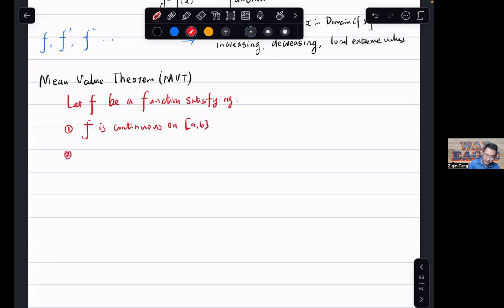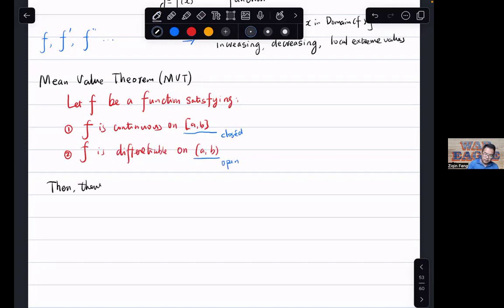The second condition here is f is differentiable on the open interval (a, b). So this one is closed, sorry, this is closed, and this one here is open, right? Which means the endpoints are excluded. And so what's our conclusion? The conclusion here is then